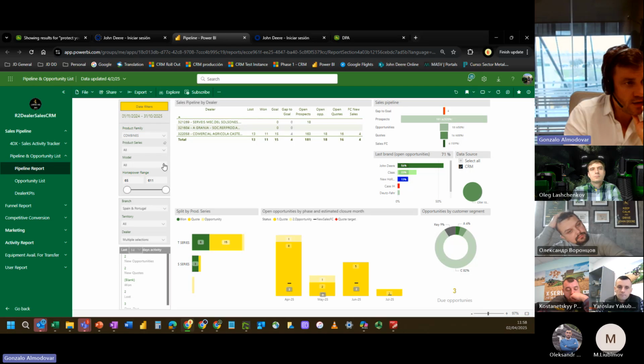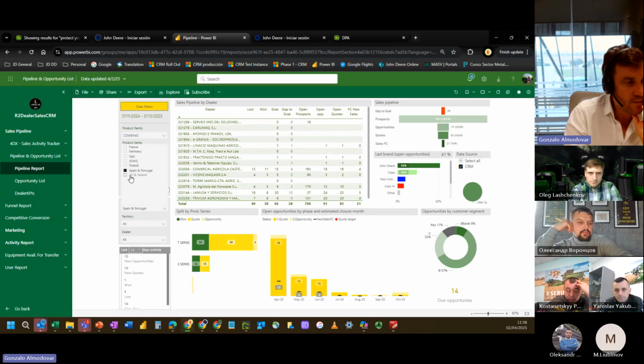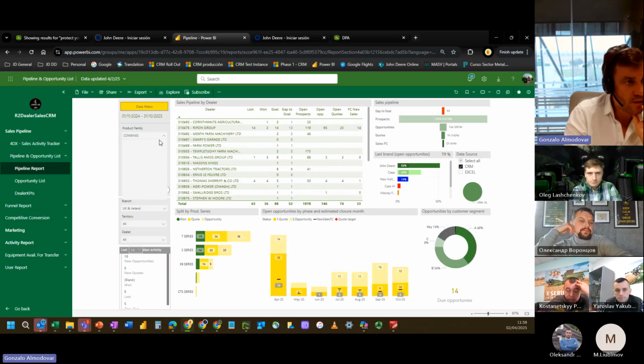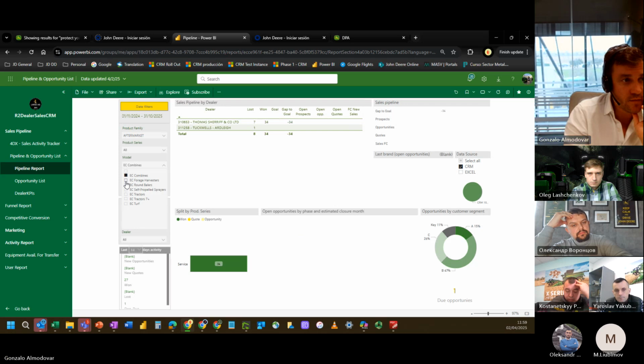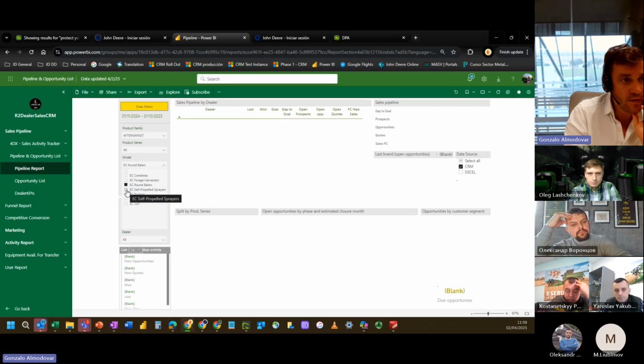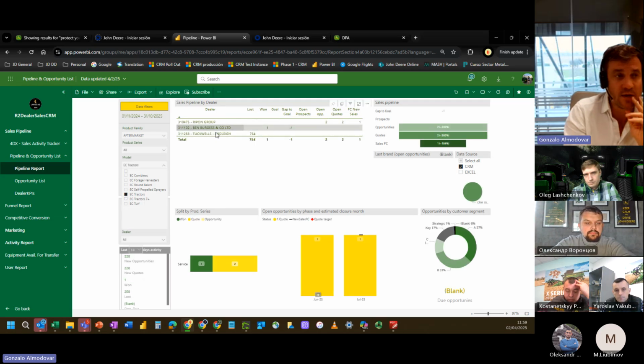So for instance, let's clean. UK aftermarket. So you see some open prospects, open quotes for some models or some expert check combines, forage harvesters, round balers, self-propelled, tractors, for instance. You can see here famous dealers from the UK, Ripon, Bambergers, or Tackles, already creating opportunities or even quotes for